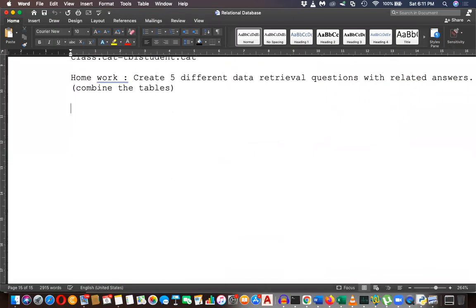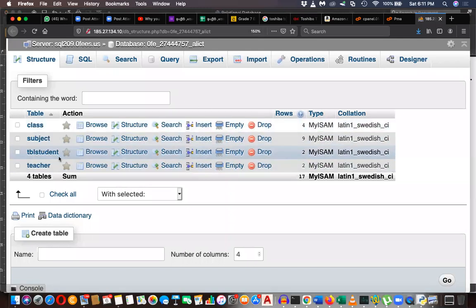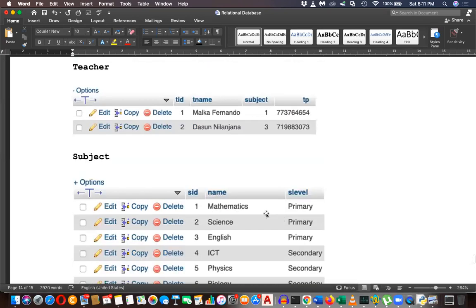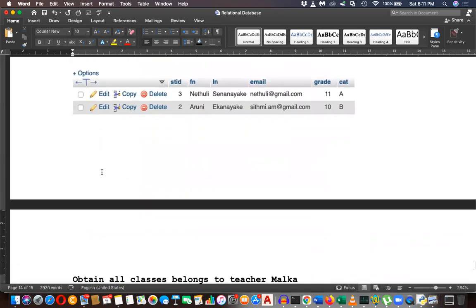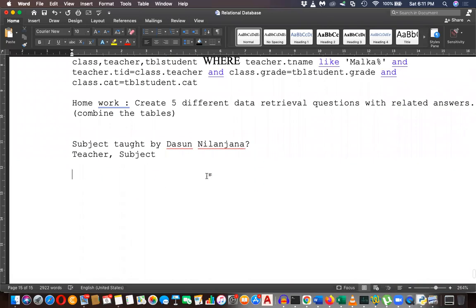Select, yes. What are the tables? You have to use 2 tables, according to this example, the teacher table and the subject table. So how do you write the query? At least try this now.